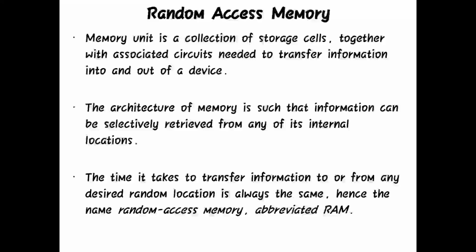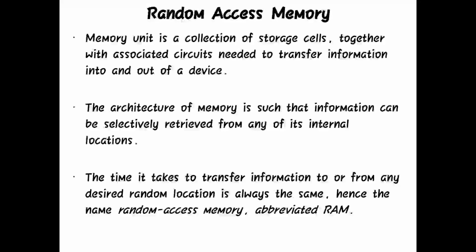Here, the architecture is not given in your syllabus, but if we study the architecture of random access memory, it tells us that I can retrieve the data. Retrieve means taking out of data. So I can take the data from any of the locations, and that is why the term is random. Random here means picking of data randomly.